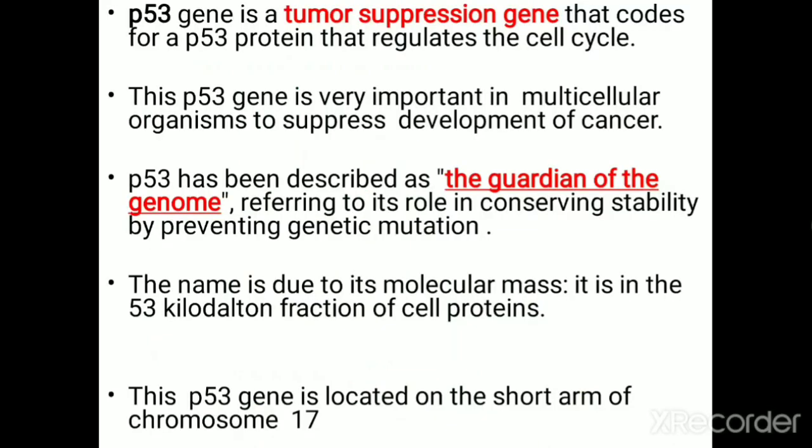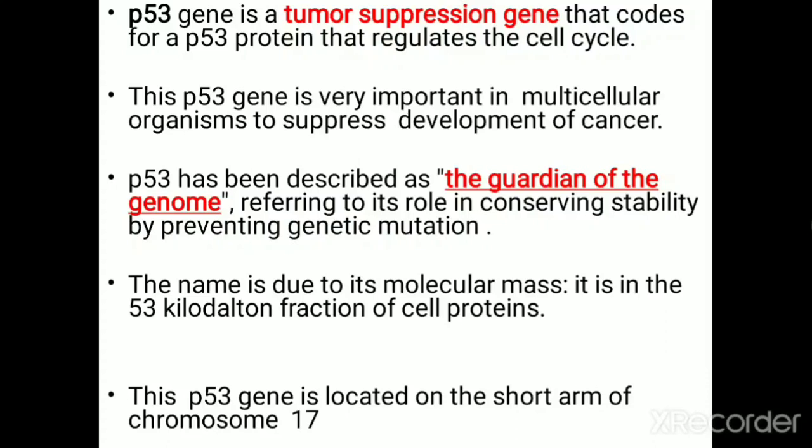So a few points regarding the p53 gene, that is, the gene coding for p53 protein. The role of p53 protein is that it is a cell cycle inhibitor. So the p53 gene is a tumor suppressor gene because it prevents cell division. And this p53 gene plays an important role in multicellular organisms for the prevention of cancer. And the p53 gene has been described as the guardian of the genome because it has an important role in preventing